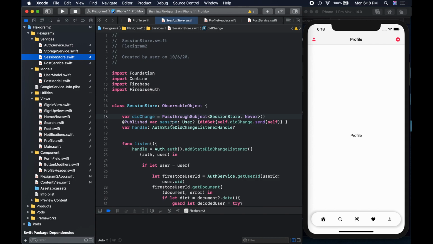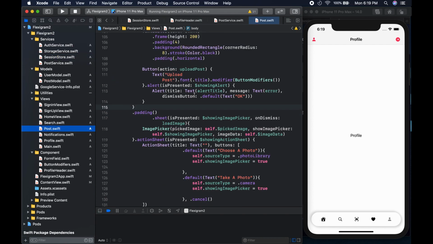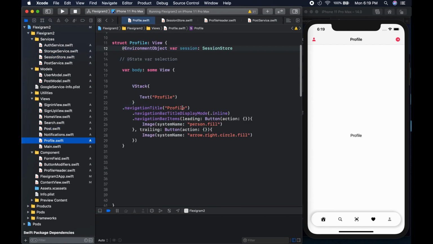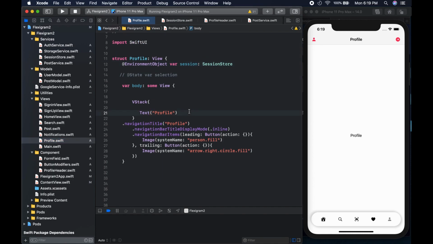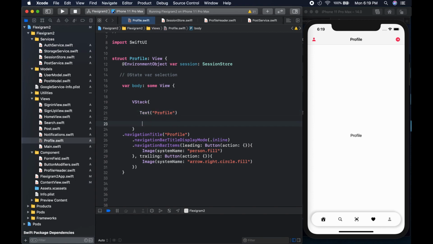Now you see our user is on the session, right? So if you can remember that far back, I think it's been a couple of videos into signing in and signing out. Okay, so we go back to post. Our user is on the session right now. No, it's not post. Back to profile, and the next thing to do is we're going to have a picker,